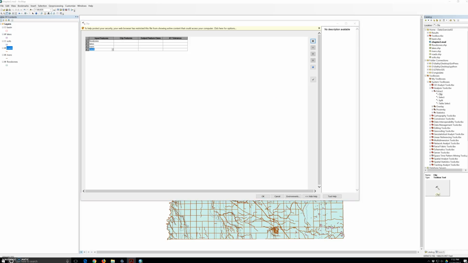And then for the clip feature in the first row, we're going to use the drop down list to select the basin layer. Basin. And then the second one is also basin. The third one